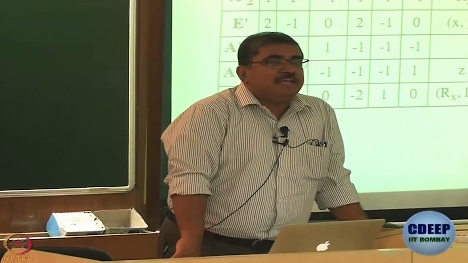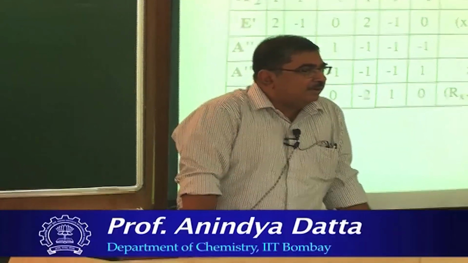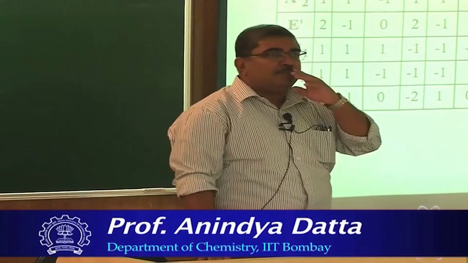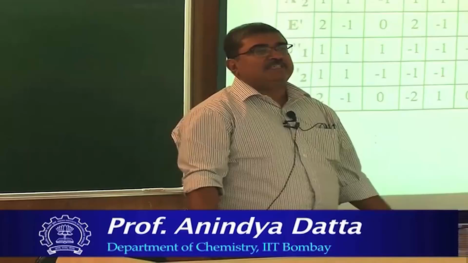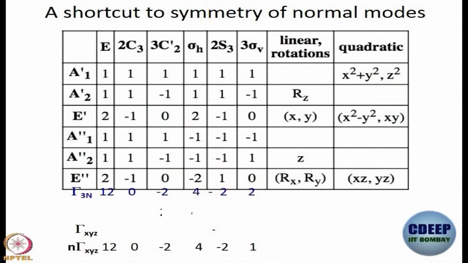Looking at how the x, y, z coordinates of each atom transform in response to every symmetry operation, we have been able to come up with a reducible representation, right. And if you remember, this is what the representation is. This is what we called gamma 3n: 12, 0, -2, 4, -2, 2. We will learn a shortcut to how to arrive at this